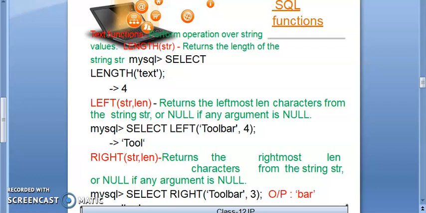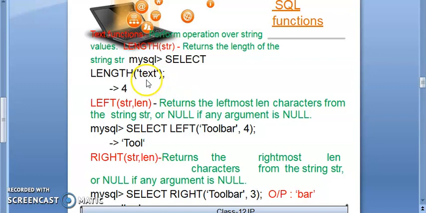Hello students, so let's continue with the revision of the unit 2 database query using SQL. Today we will discuss the length function. So what's the use of the length function? All of you are aware that it returns the length of the given string that we passed as an argument to the length function. So students, here we can see the example.